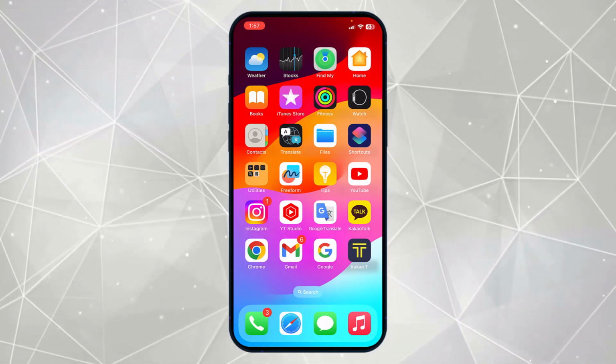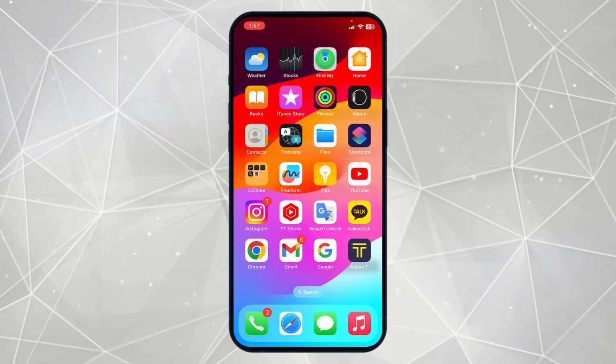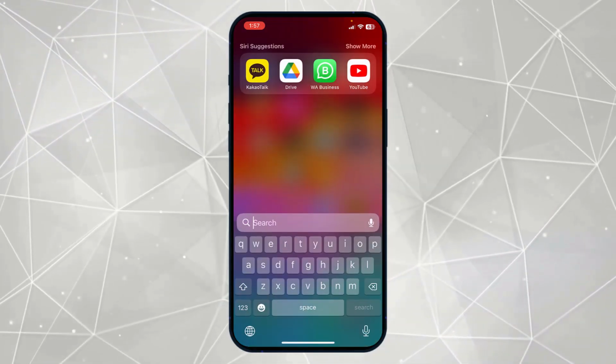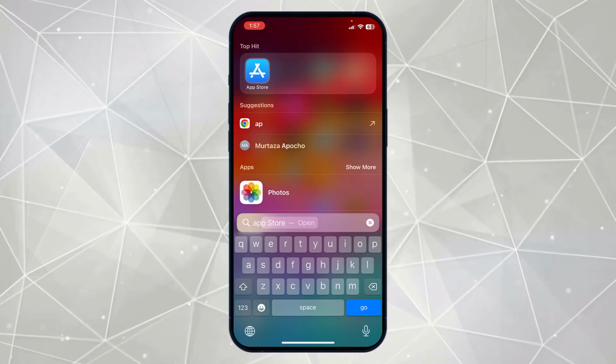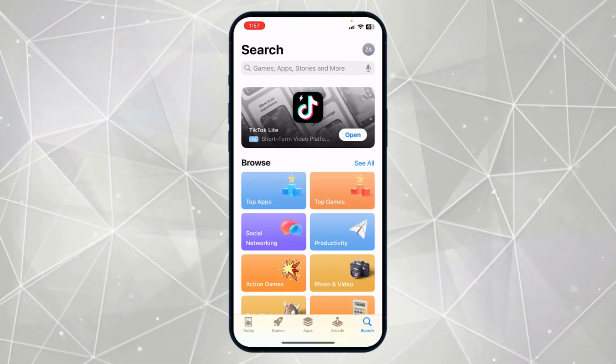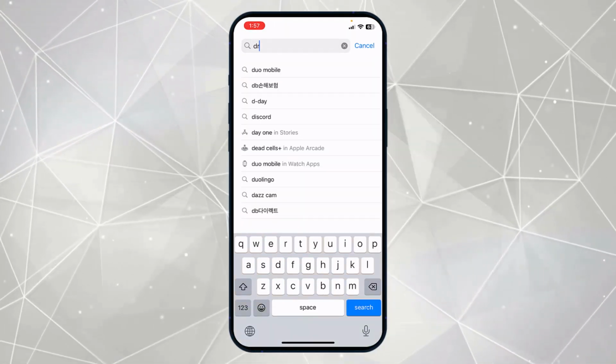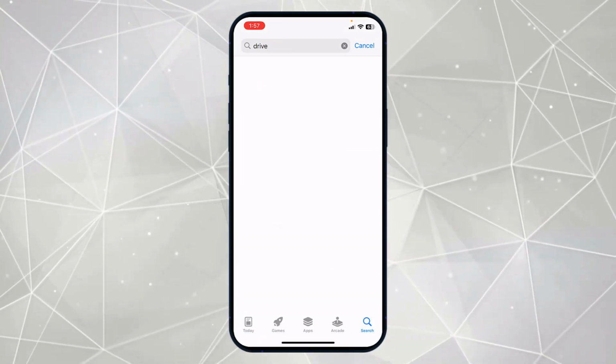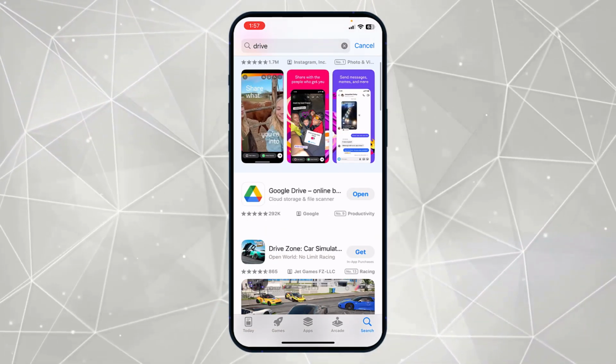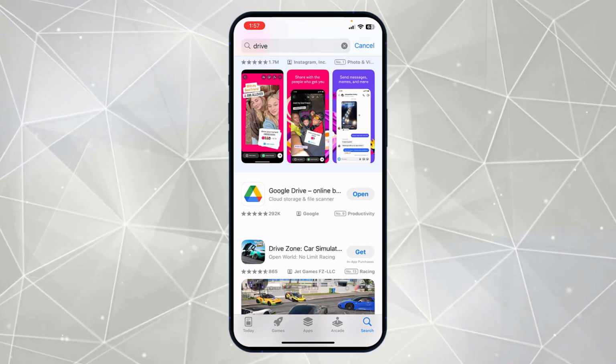So to upload a photo on Google Drive, first of all, you have to install the Google Drive app. So first of all, we will go to the App Store. And from here, you have to install the Google Drive app. So just search for Drive. And here you can see I have already installed this Google Drive app on my iPhone, so I will simply